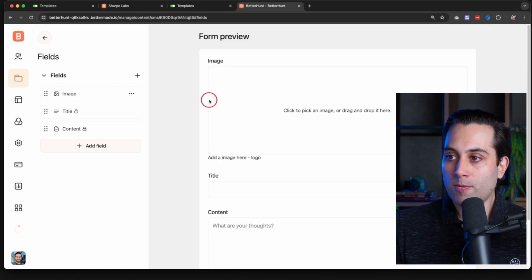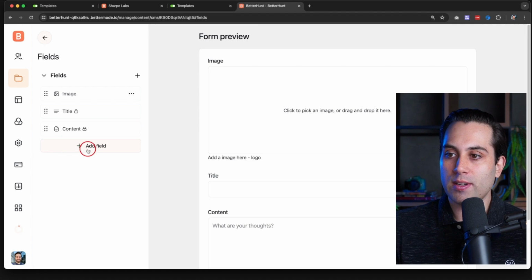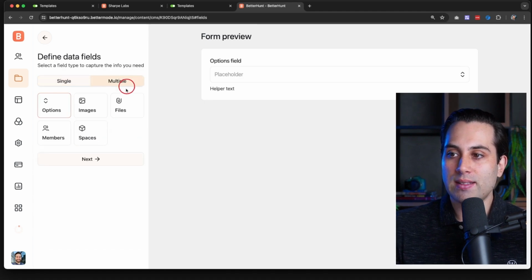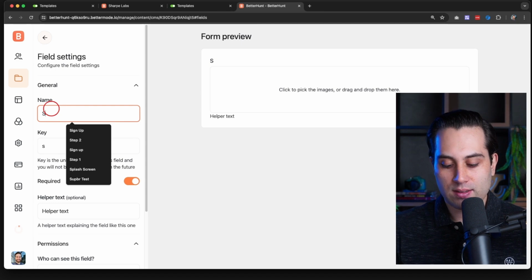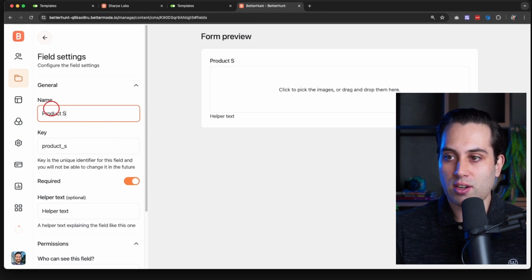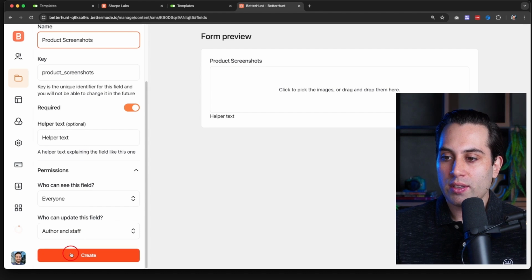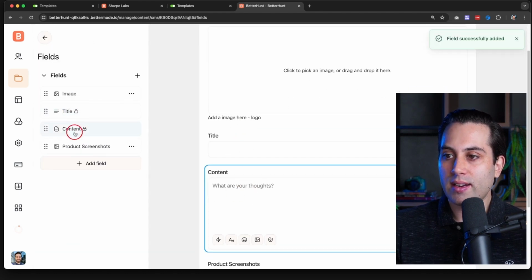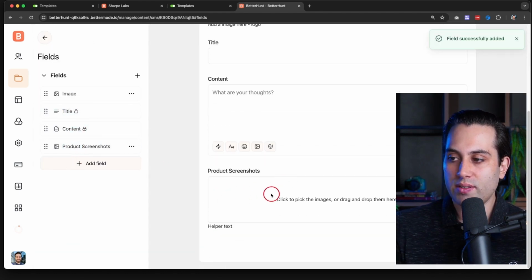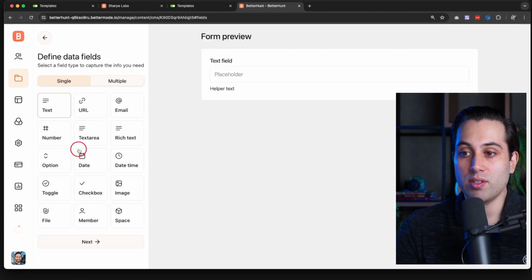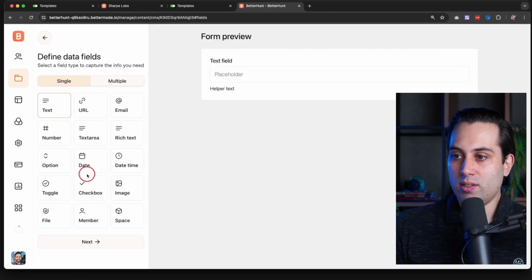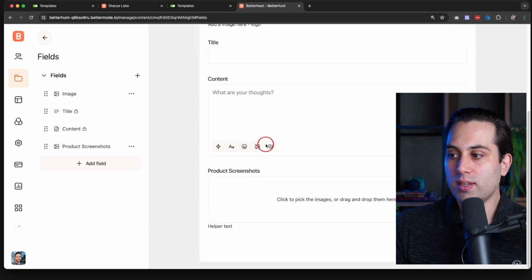Okay, so the idea here is that you keep adding a couple of fields until you're satisfied. Let's say you want another field here for images. You can say product screenshots, and then you create this one, and then there is another field here for product screenshots, and so on. So you keep adding fields here until you're happy with the structure,